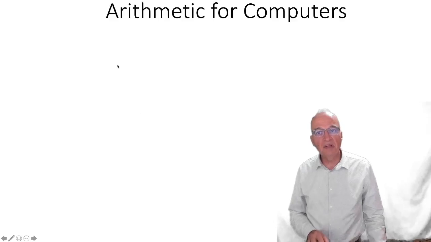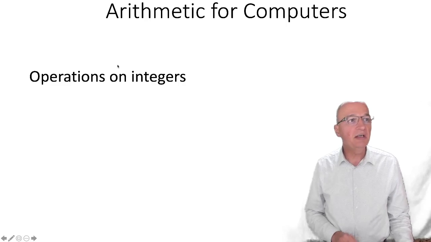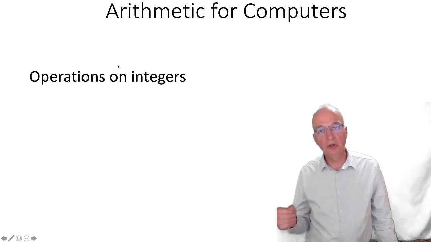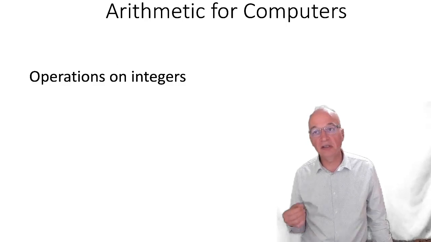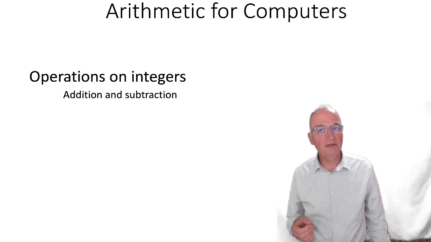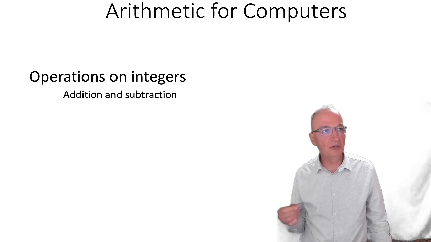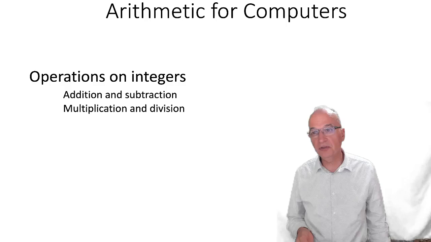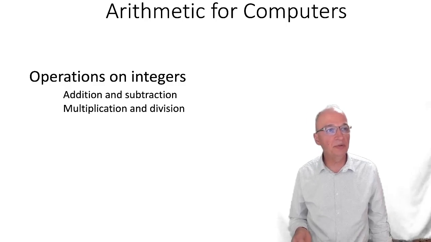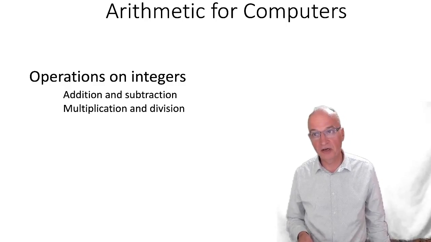So the first thing that we need to do to understand arithmetic for computers is to know that there are operations that are done with integers. We have so far in the course talked only about integer operations, so addition and subtraction, for example. We can also do multiplication and division. In this unit, we're going to start talking about multiplication and division,